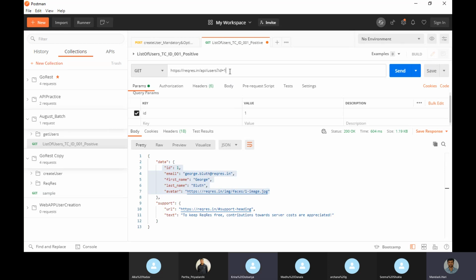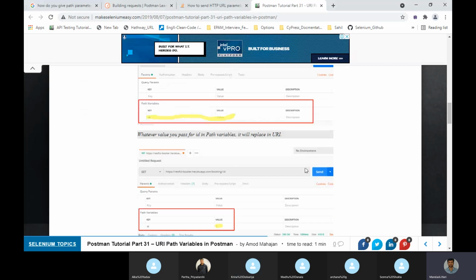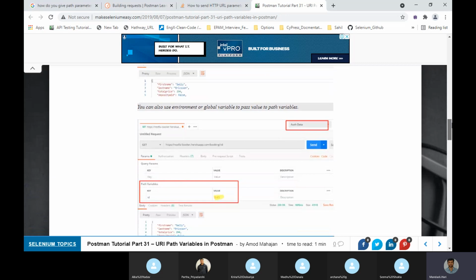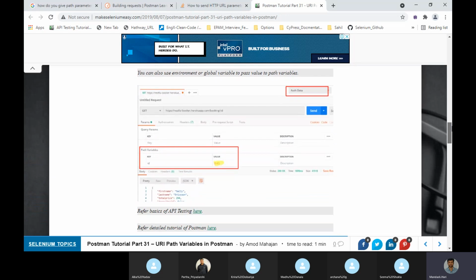Yeah, I have a question. We have used a question mark here, right? Can we use a question mark in a path parameter as well? Yeah, that's what I'm thinking. Normally in the path parameter the syntax will be different actually.